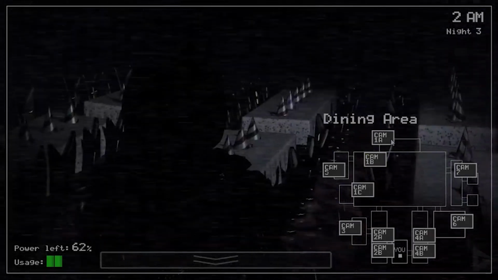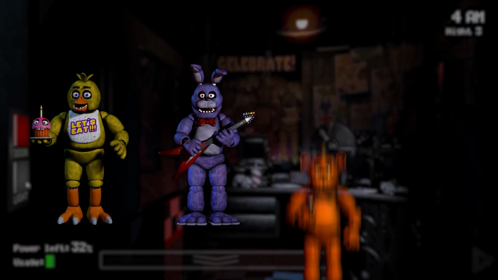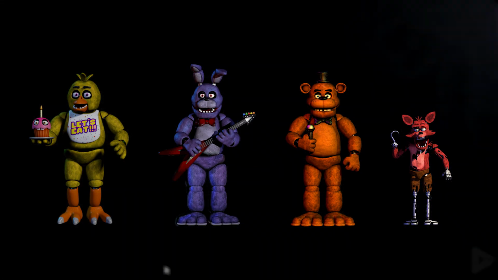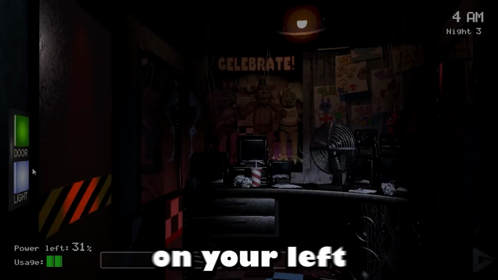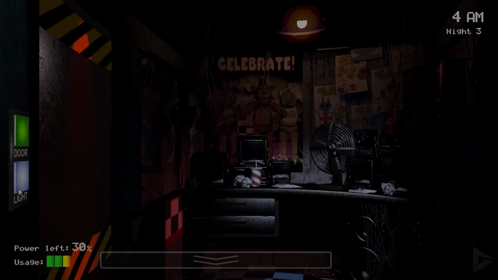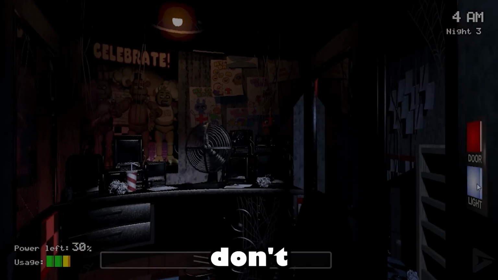You sit as a night guard in the office of a pizzeria and watch the entire place through your cameras. The 4 so-called animatronics, Chica, Bonnie, Freddy and Foxy, are trying to get into your office and unalive you. To defend yourself, just close the doors on your left and right, but be cautious because they drain the battery, and if you don't have any power left,